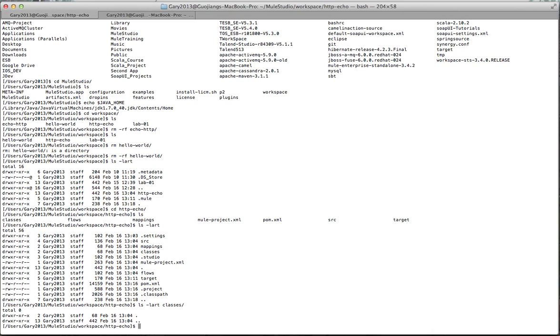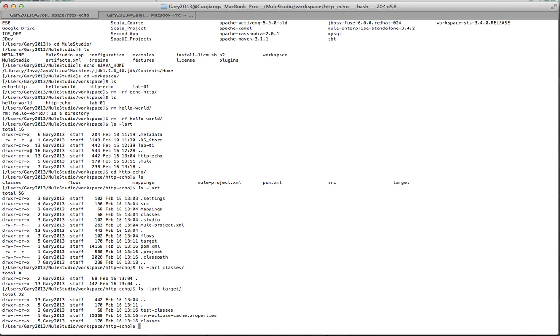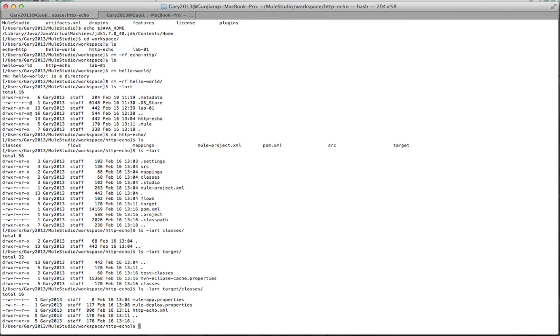At this moment I haven't built anything yet, so there shouldn't be anything under target either. So let's check. There's the target class. Oh yes, okay. When we build the Maven project from Studio,